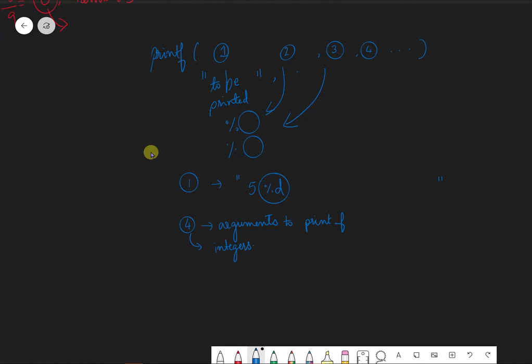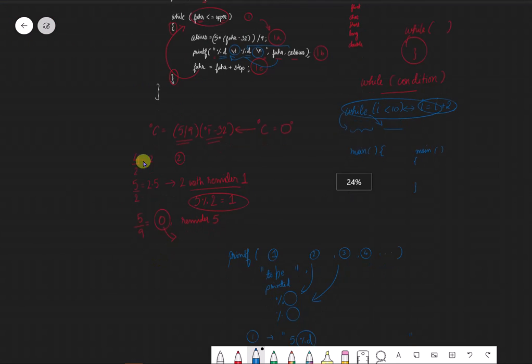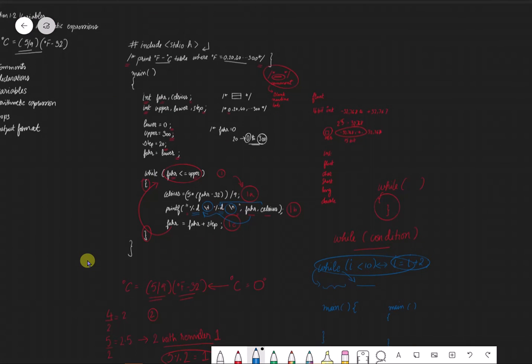There are a couple of problems with the temperature conversion program. The simpler one is that the output isn't very pretty because the numbers are not right justified. So when we run this particular program, we get the output as